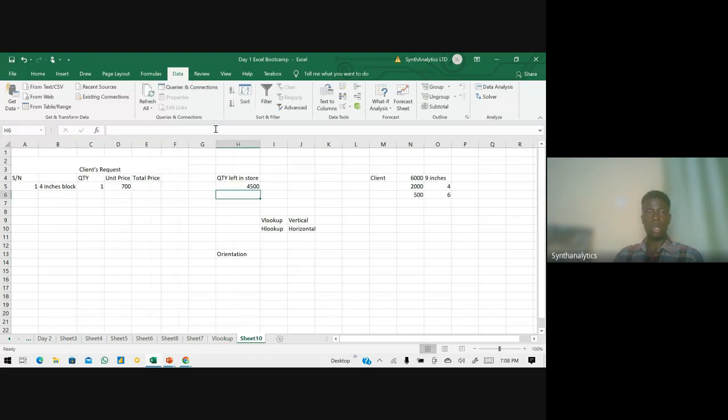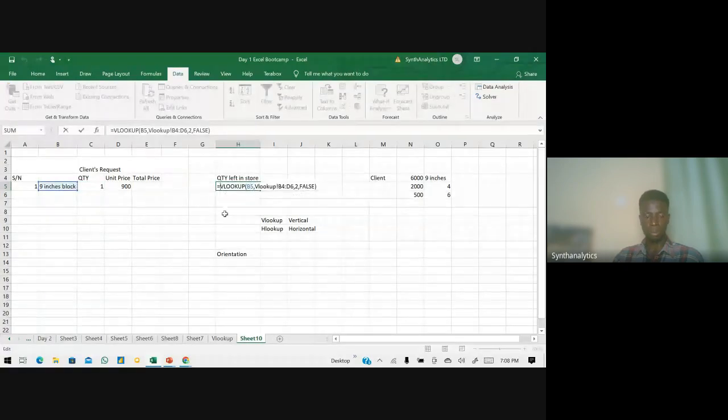So for this, you can already see that this amount we have left in store is 5,000. Okay, so this one has been automated, this one has been automated. But then for quantity left in store, we want this one minus what we have over here. So how can we do that? We can just do our other formula. Do this bracket, and then just do minus whatever we have over here.